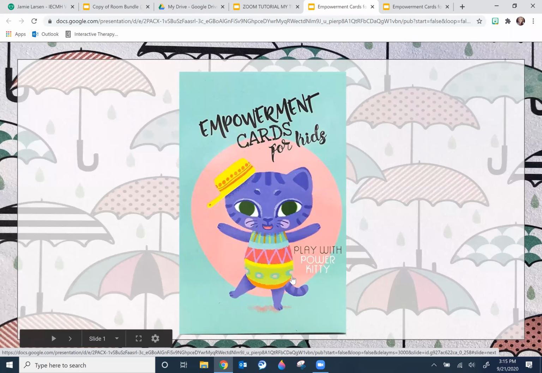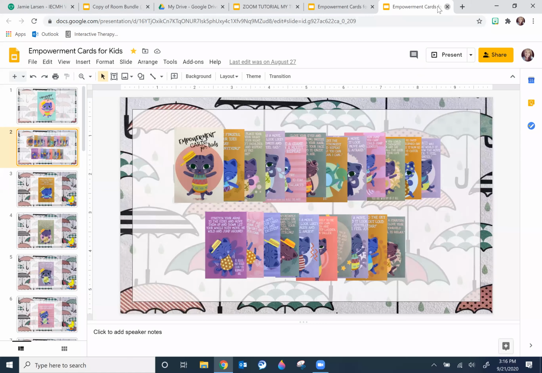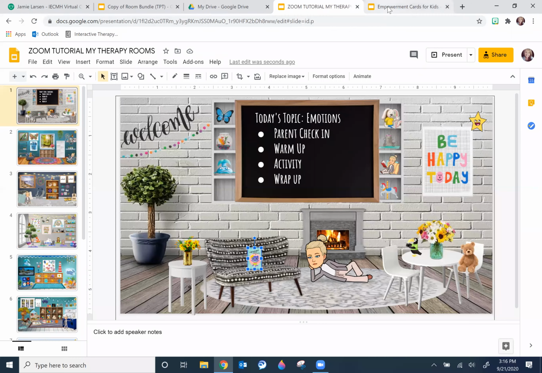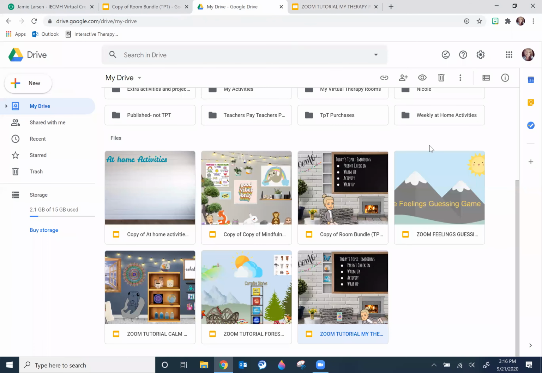So because we published this to the web, anybody can access that. This is a way if you want to give a client access to one of your activities or one of your therapy rooms, but you don't want them to have that access forever. Say you just want them to access it for a day, you can publish it for a day, and then once you are done sharing it with them, you would just go back into your